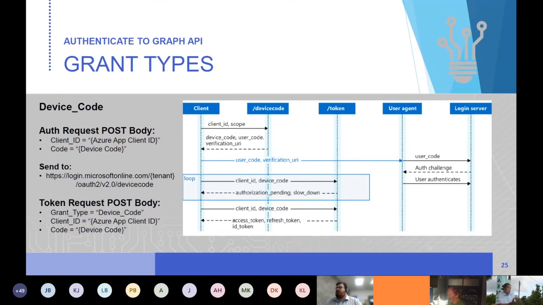The way it works with device code is you send an API request to the device code endpoint, which is this URL over here, and then it gives you the reply that, hey, go to microsoft.com/devicelogin, and then input this code, right? So from there, you can pretty much go to any browser, your phone, whatever, and then put the code,